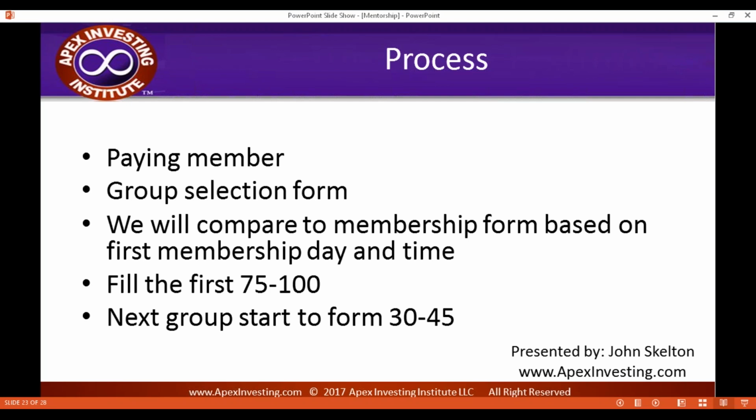To be in a mentor group, you do have to be a paying member of Apex, whether you're an annual member or a monthly member, it doesn't matter. And I'm going to show you today the selection form for you to fill out. Basically, all of these forms that we get in from you requesting to be on the mentor group,